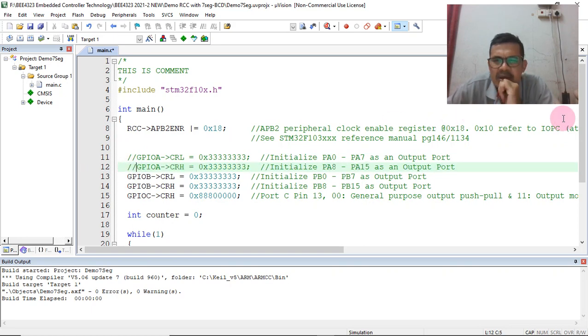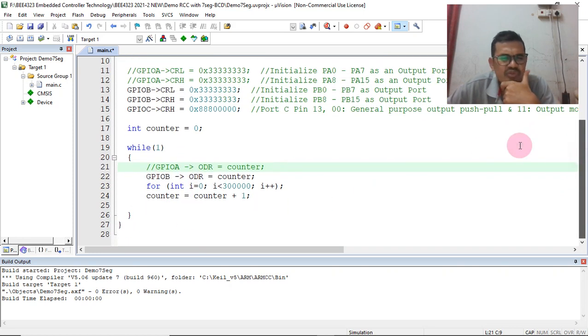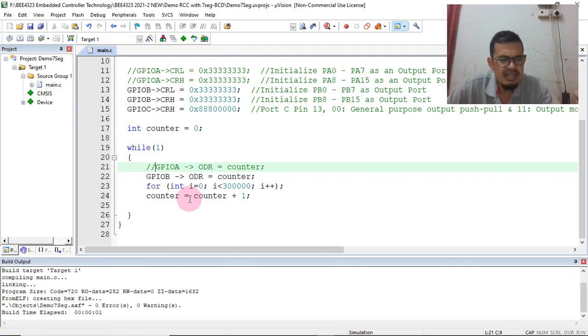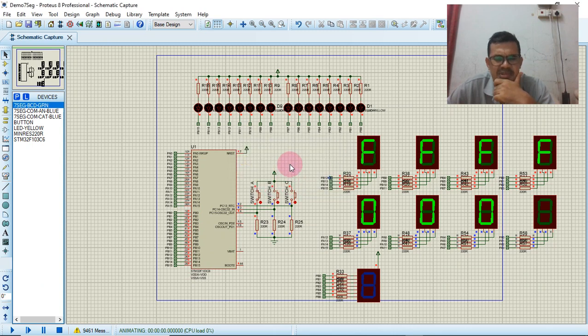Where else? Here, the counter for GPIOA. So I disable it. Then I rebuild the file. Okay, terminated.